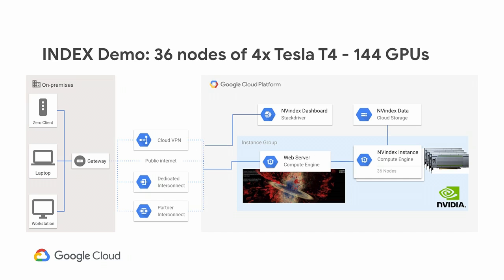And so because NVIDIA has T4s in the cloud, I can spin up instances. And in this particular workload, it's a memory-bound problem to visualize it in a way to get insight. It's not a compute-bound problem. So the T4 is actually a perfect balance for that job, so I chose T4s. But it's a very large amount of data. It's a couple of terabytes that you need to be processing in real time to be able to visualize it. And so what we do is we use a NVIDIA product called Index, which is able to do volumetric rendering